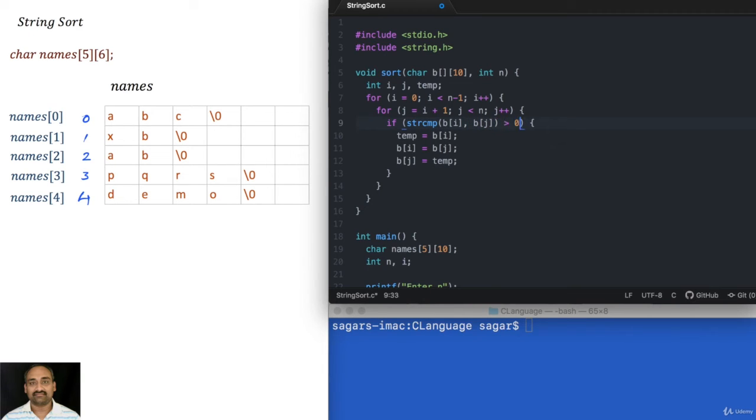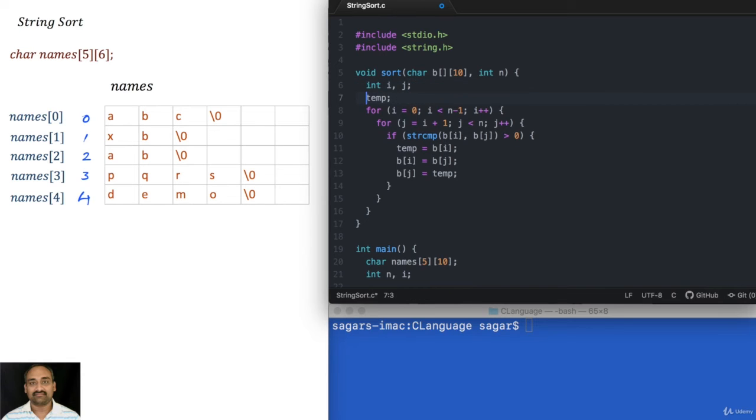If it is greater than 0, that means the ith cell value is greater than the jth cell value, then we need to do a swap. For swap, we need a temporary variable, capable of holding a string. So it is not an integer. This is a character array of size 10, which is what we took for each row size.